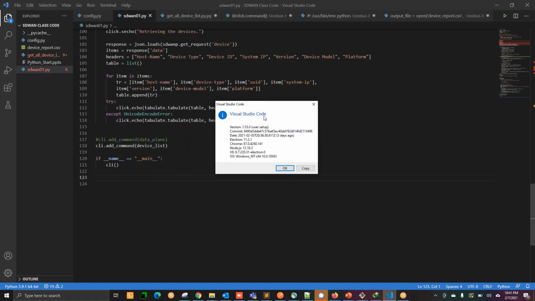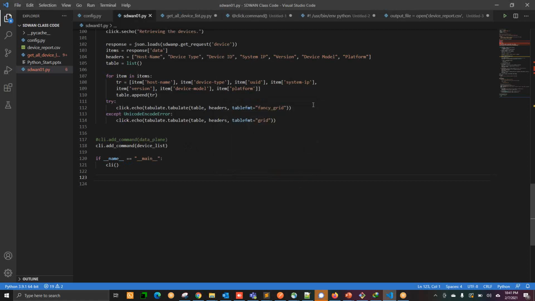This is a Microsoft product, 100% free. It's amazing. It's really good to develop your script and run your scripts. If you install this and put any type of program like Python, automatically it will detect it and tell you, oh, you don't have Python in your laptop. Click here to install Python. You'll click and it will get installed.